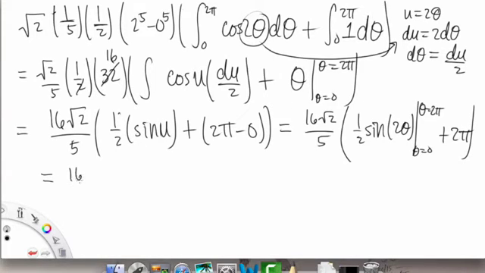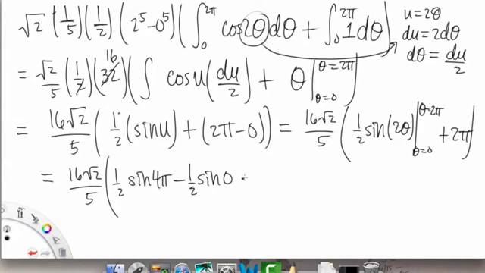So then we have 16 square root 2 over 5, and this is going to be 1/2 times sine of 4 pi, minus 1/2 times sine of 0, and then we have plus the 2 pi here, and these are actually going to just go to 0, and so we just have a 2 pi sitting out here, so our final answer is going to be 32 pi times square root